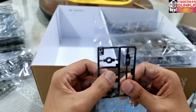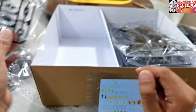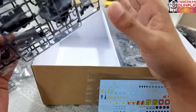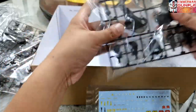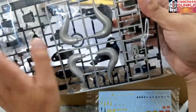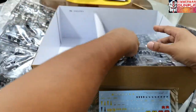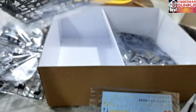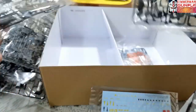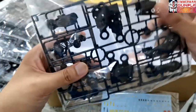Then we have polycaps, big polycaps. We have here black runners for the inner frame, gray runners. So these are chunky pieces here. We have black runners again and silver runners for the horn of the bull or the bison. So we have gray parts here, another gray parts, black parts for the inner frame, another black parts for the inner frame,